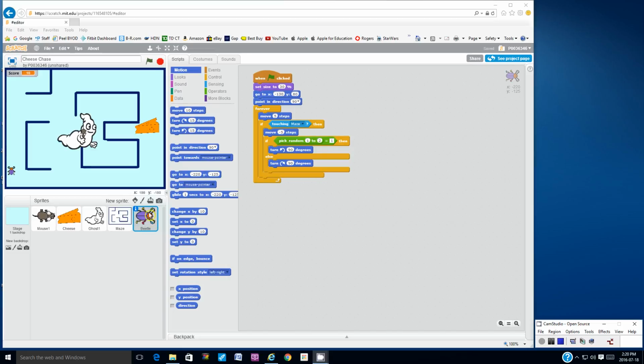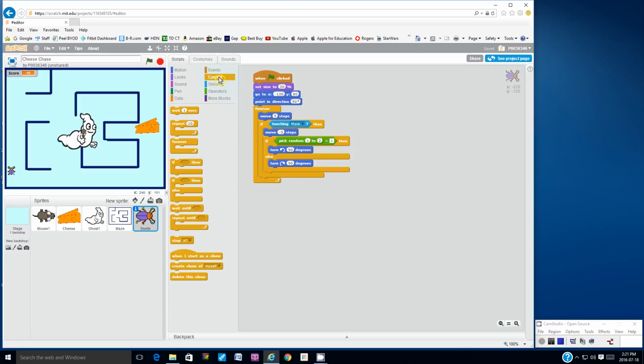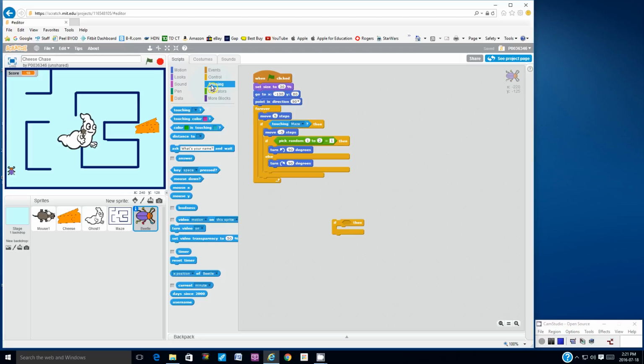We're going to make sure that we're clicked on the beetle's sprite. Okay, and then we're going to add a few things. Okay, so let's create a new part of the script here. So let's go to Control, and let's choose an if-then block, and then let's go to Sensing. Okay, so if the beetle is touching the mouse, Mimi the mouse, if it is touching the mouse, okay, and